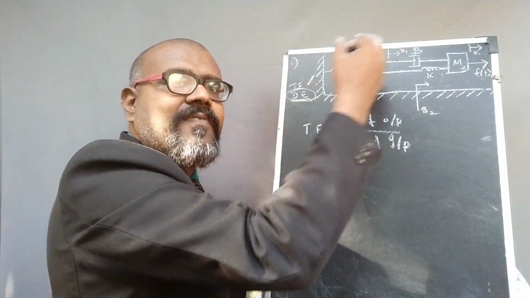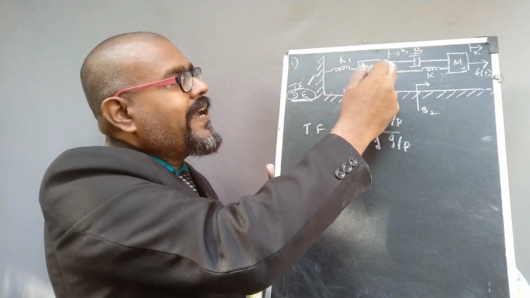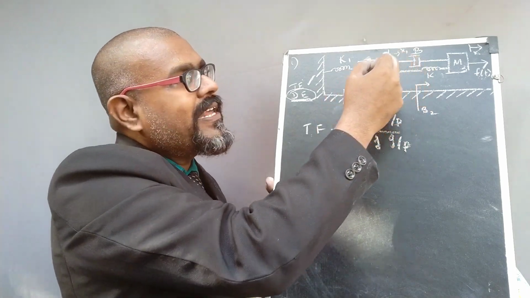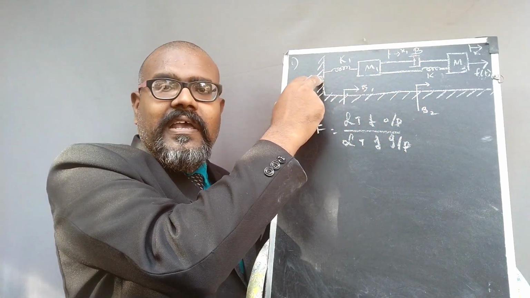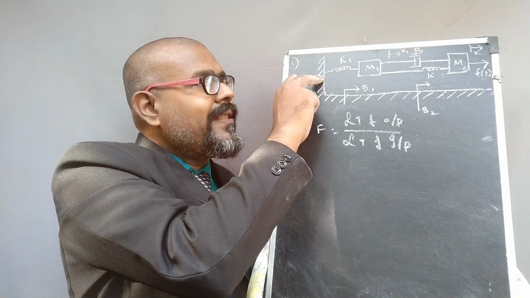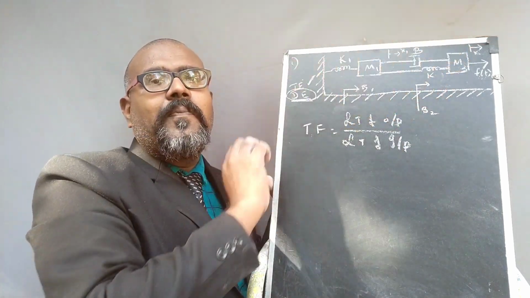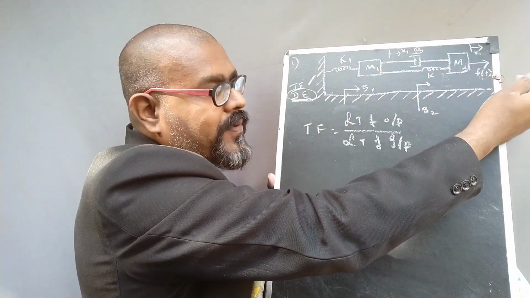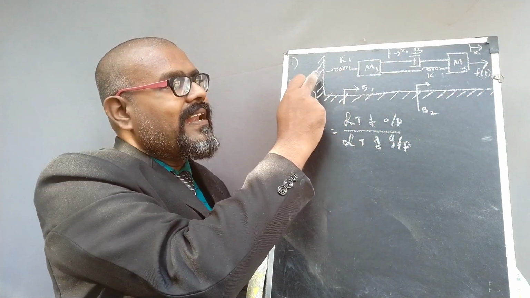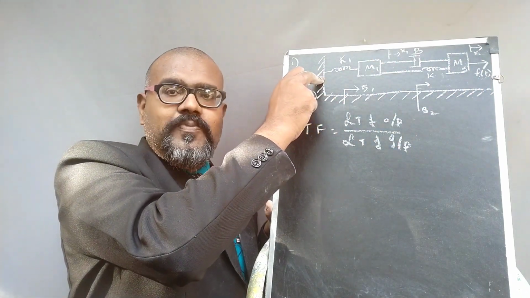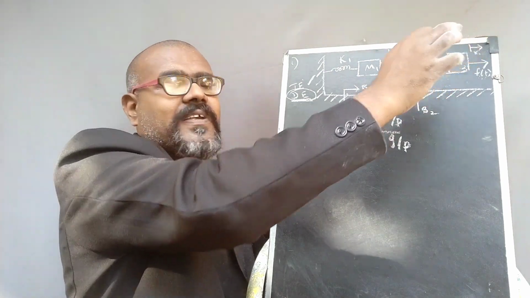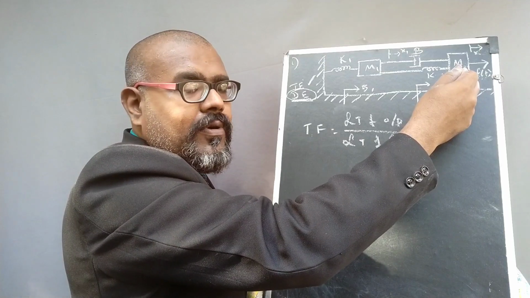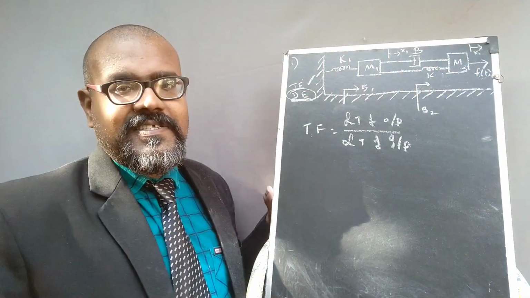Again, this wall gives some opposing force, right? So once the force comes from m2 to m1, it attains the displacement x1. Once this k1 receives the opposing force, k1 gives some opposing force, and that force gives some displacement. So because of the input force, we receive the displacement x1 here. Because of the spring, this also gives some opposing force. That opposing force will be transferred to m1 and then reach m2. That is the final displacement x.